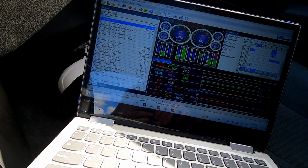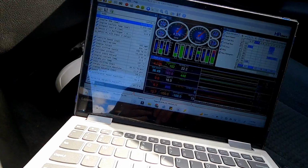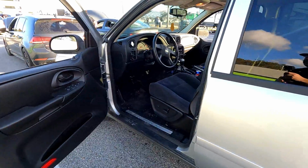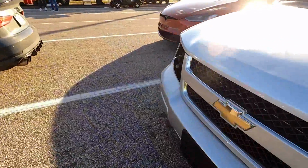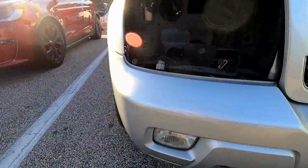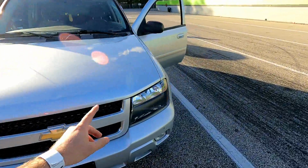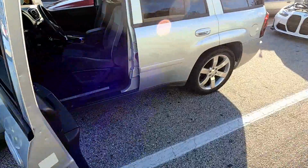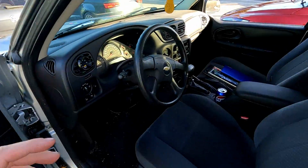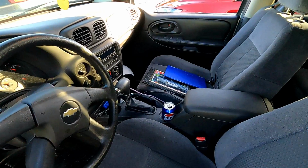So if you do the math, 14.7, that is about 9 pounds of boost exactly. All right, we're gonna make one more pass. I did take out the passenger side headlight to get more air to the turbo, so you can kind of see it up there. I'm gonna do a burnout in 2-wheel drive, and then I'm gonna switch it to 4-wheel drive and do what I did before and just launch the crap out of it. At this point, I don't care. So I'm gonna see if I can get a really good launch as best I can, and then just hope